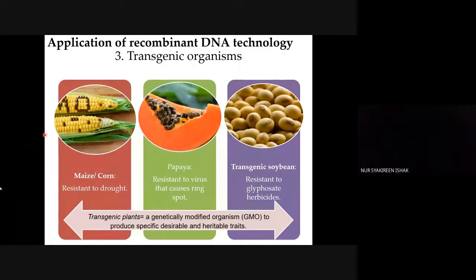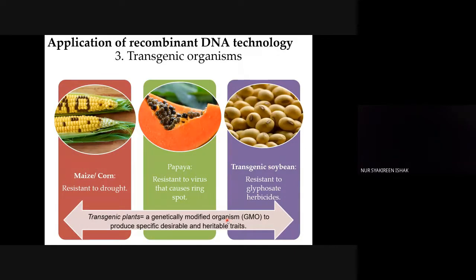So here you can produce GMO, genetically modified organism, transgenic plants for example, to produce specific desirable and heritable traits. Ini kalau untuk contohnya tanaman pertanian kan, so agricultural crops for example, soybean, papaya, corn, whatever agricultural crops that you